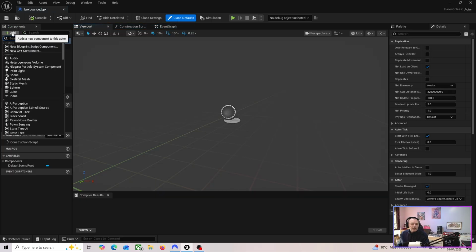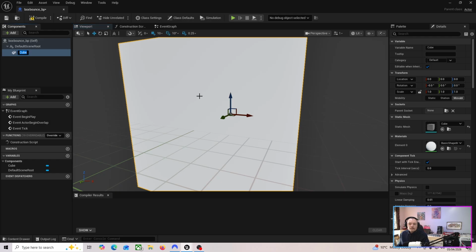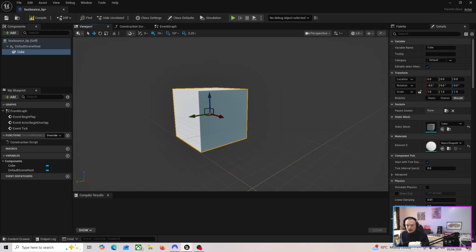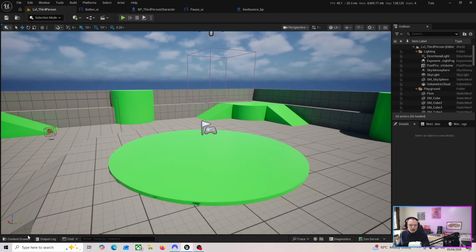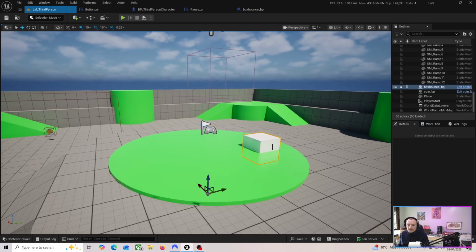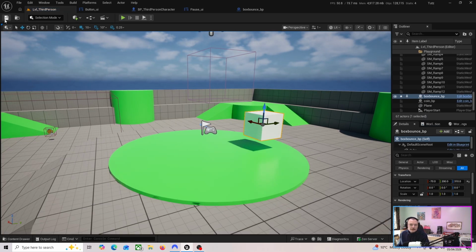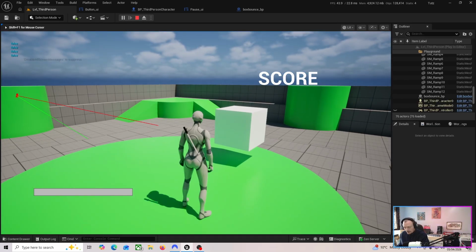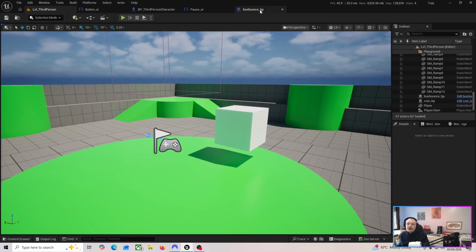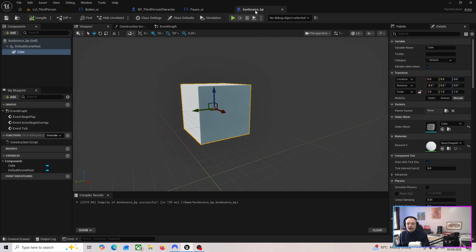We're going to add a cube. And now we've just got a very simple cube. If we go into our level and we drag our cube in, just a very simple cube, we press play. Oh, hello cube, you don't do anything. Right, so now what we're going to do is we're going to make a timeline so this cube can go in and out. I'm going to go to the event graph of the cube,